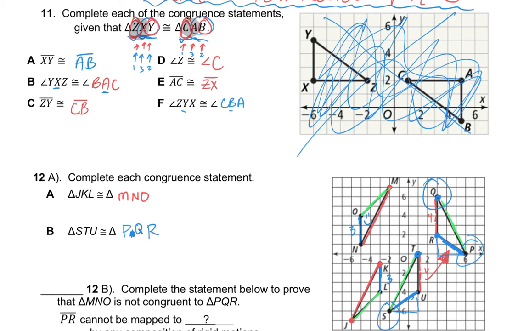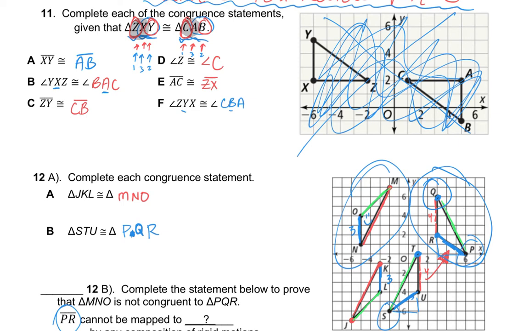And I couldn't tell, I thought that was an O, it's a Q. Whatever, P-Q-R. All right. Moving on, complete the statement below to prove that M-N-O is not congruent to P-Q-R. Well, M-N-O is not congruent to P-Q-R because PR is not the same as